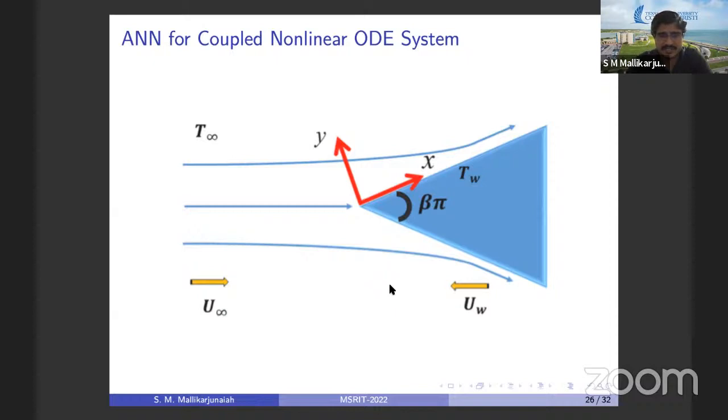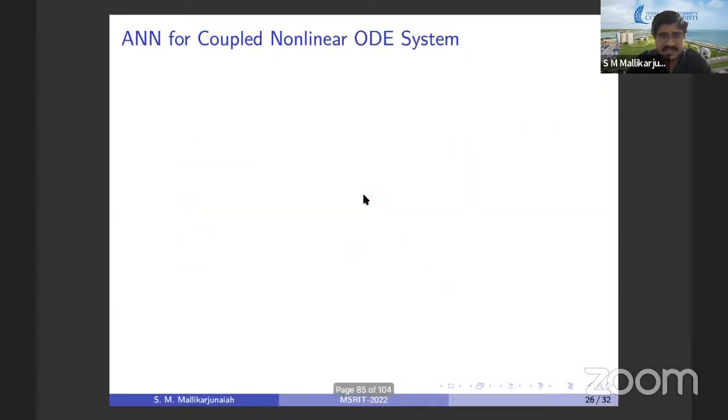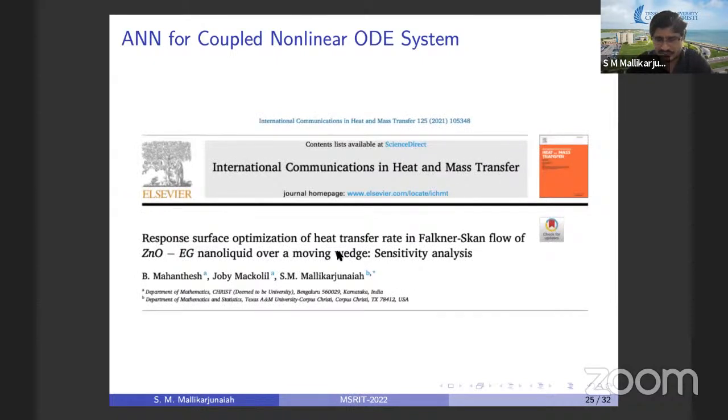And since you are interested in computing the boundary layer behavior of the solution, you can come up with a similarity transformation and reduce the model partial differential equations to a coupled nonlinear ODE system. The interesting thing here is to study the velocity and the temperature. But we don't compute the velocities directly, we compute them with some other parameter. Now all the details are in this paper. I'm not going to show all those details,